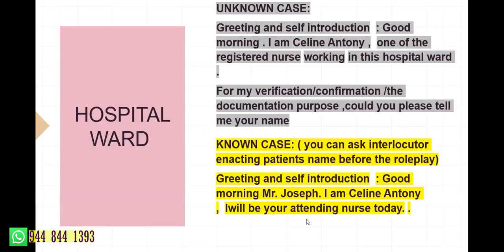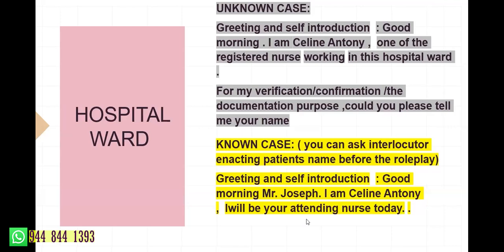Okay. So first we will be dealing with the hospital ward. In a hospital ward, there are mainly two types. Sometimes the patient might be a known case, sometimes it might be an unknown case. So in each type of case, we will be introducing in a different manner. In an unknown case, we are not aware of the patient details. We don't know who is in front of you. So in that